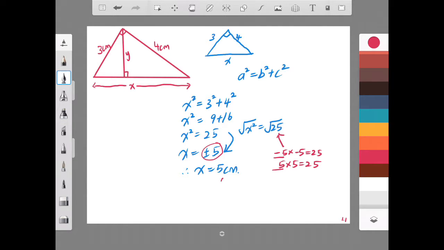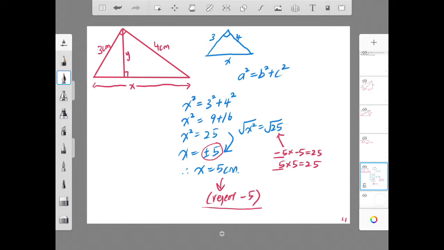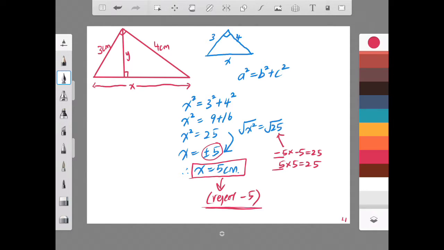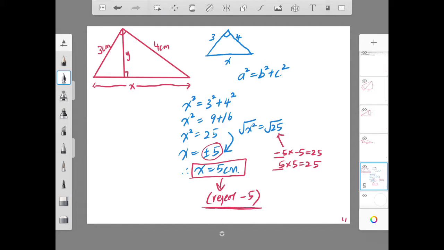But I'm going to reject the negative 5 for this type of question, because this is a side of a triangle, and a side of a triangle cannot be negative. So that's why we have to reject the negative 5 and write the answer as x equals 5 cm. Now let's move on to the part to find y. Since x is 5 cm,